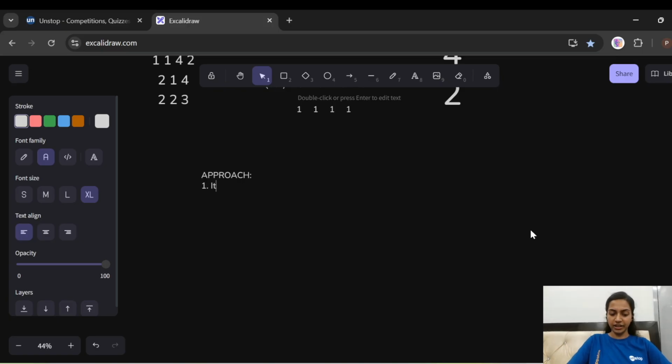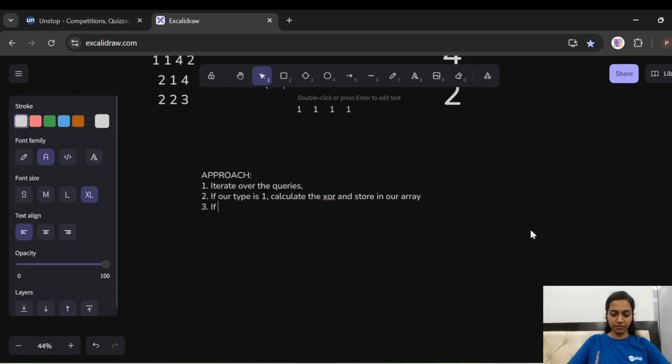Firstly, iterate over the array queries, and if our type is 1, then calculate the XOR and store it in our array.